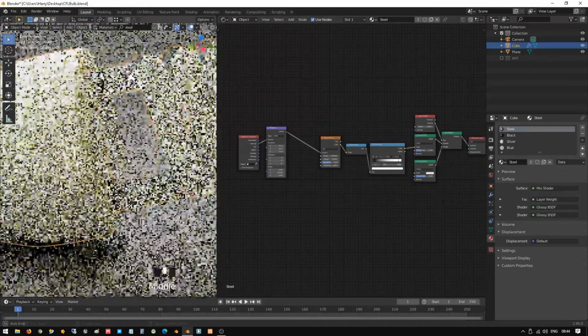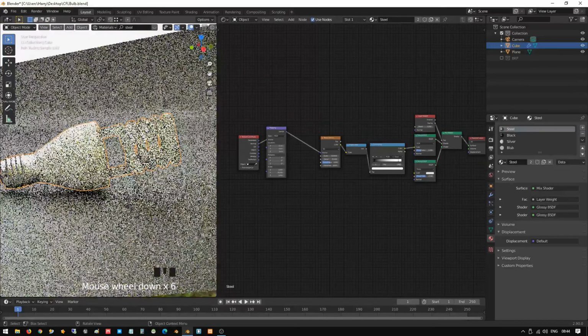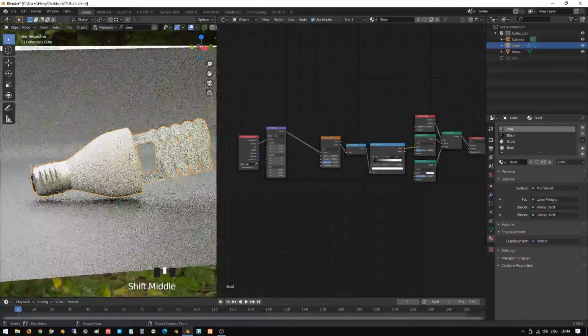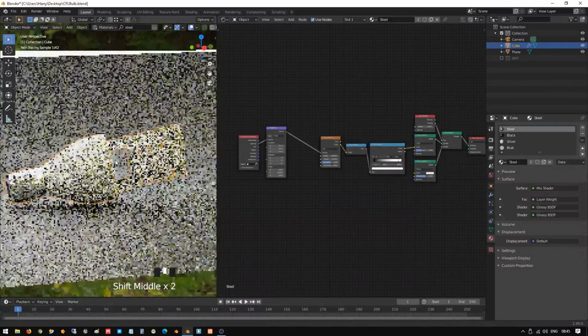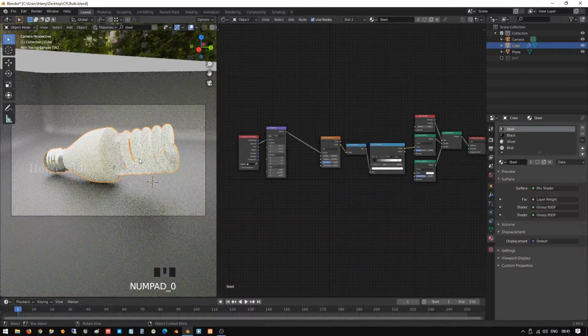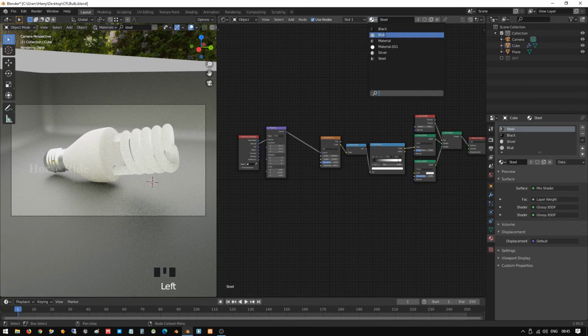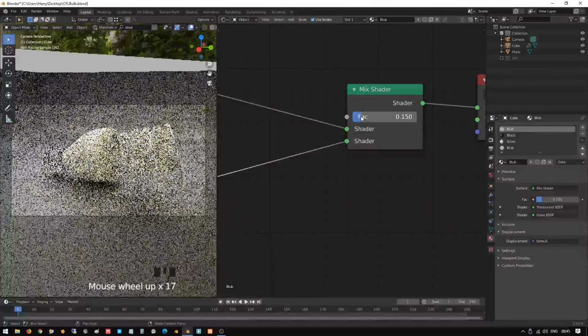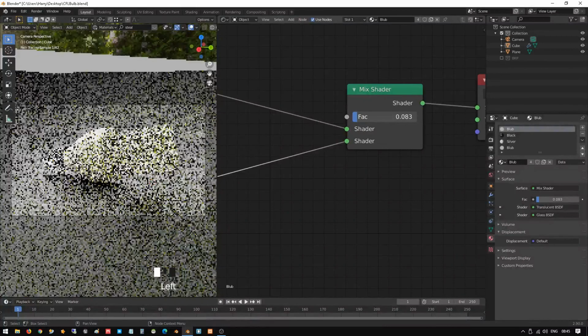Okay, let me take it in, yeah, this is better I feel. Okay, go to bulb view and create a friction. Let me make it a little bit less.